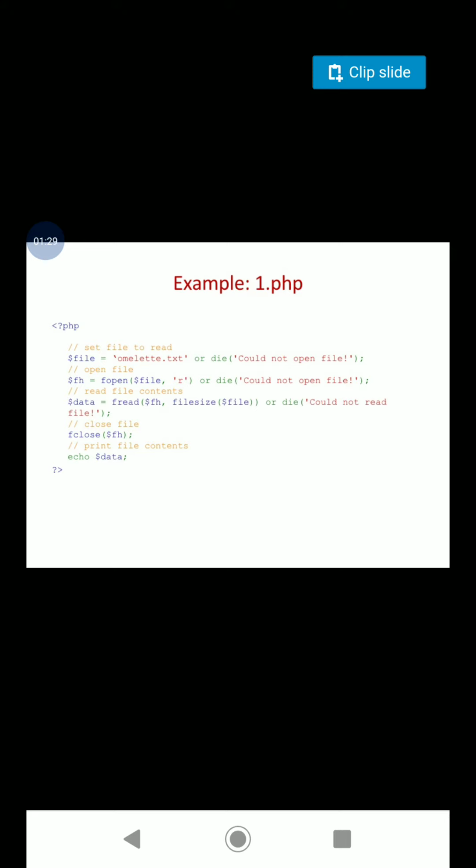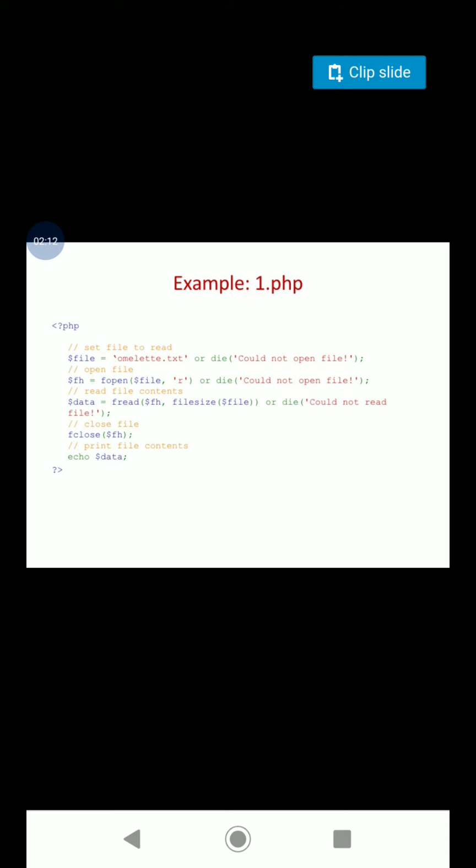If you fail to open the file for many reasons, such as the required file is not found or the path that you have given to locate the file is wrong, then it can throw an error saying could not open the file. So the die statement is used to handle an error in case the file is not opened for the specified purpose. If the file is successfully opened, then a file handle is created which allows you to interact with the file. It is something like a pointer to the file. Using this pointer only we can perform various operations on the file.